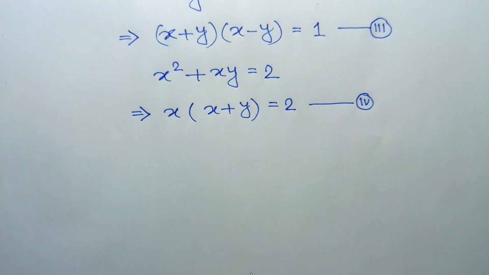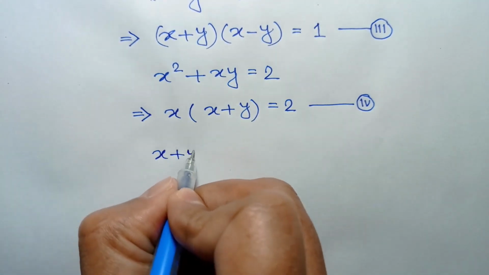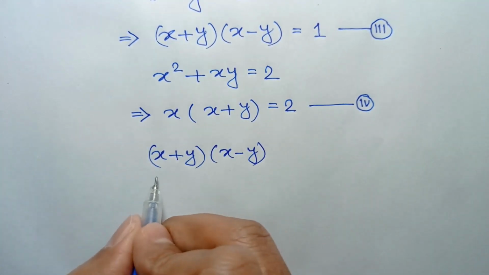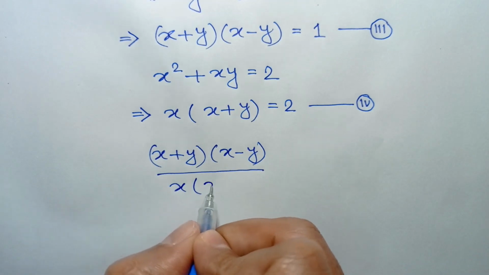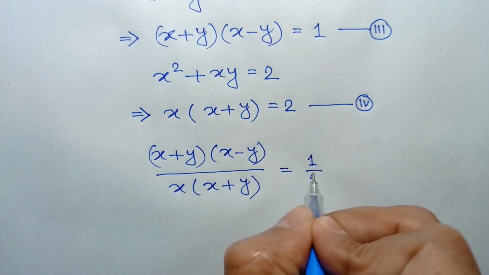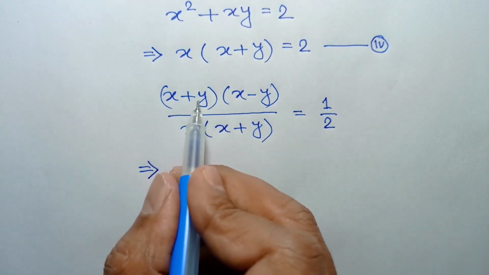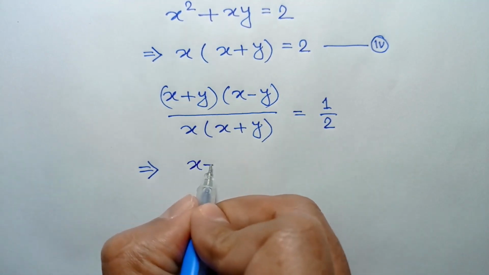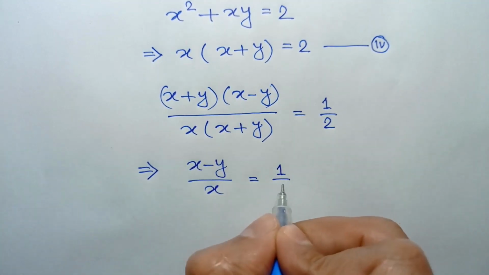Now dividing equation 3 by equation 4, we will have x plus y times x minus y from equation 3 over x times x plus y from equation 4 is equal to 1 over 2, or this x plus y and x plus y will cancel out, so it will remain x minus y over x is equal to 1 over 2,